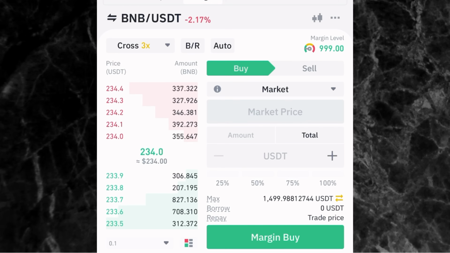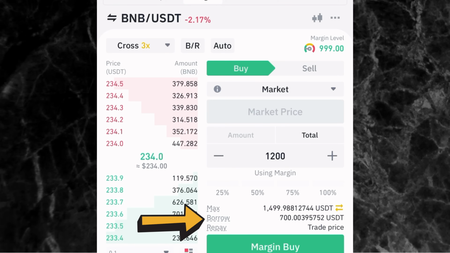So let's say, for example, you want to buy BNB USDT. So you come here under buy, you pick buy, and then you pick the order type you want to use. For this video, I'll be using the market order type. And then the next thing is to enter the amount of USDT you want to use right here. Now, the amount you are going to enter here will be the amount you have in your wallet, which is $500, and the amount you want to borrow. So remember, we have $500 in our wallet. Let's say we want to borrow $700. That means here I'm going to be entering